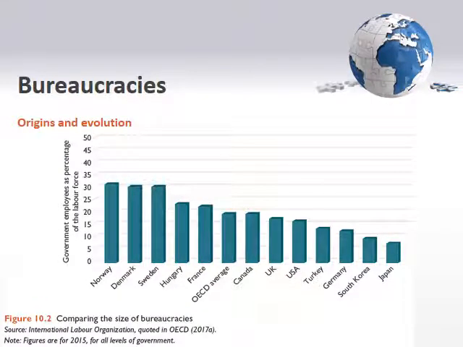An interesting graph from your textbook looks at the size of different bureaucracies in countries around the world. Not surprising, the Scandinavian countries of Northern Europe, Norway, Denmark, Sweden tend to see the higher level of employees within public bureaucracies. And this is because they have robust health care services and other social welfare programs that you wouldn't see elsewhere. The United States has a slightly smaller bureaucracy than you would see in many European states. We do not have universal health care in the United States relative to others. Many of our colleges and universities are not run